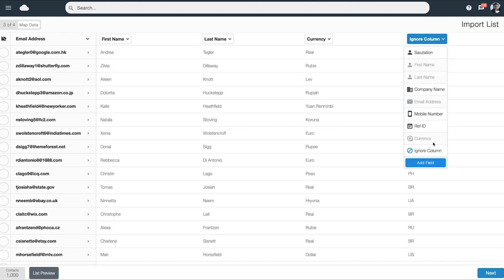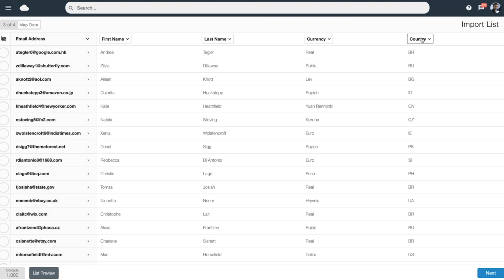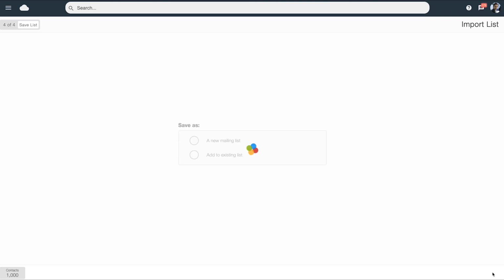If we open the menu here, we can see we don't have a custom field set up or a relevant field that we could use for this. So let's create a new one. Let's click on Add Field. Let's give it a name, Country. And now hit save. Okay, we can see we've created our custom field and it's been set here automatically to map to country. So we just click on next,